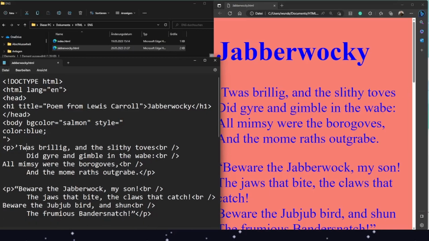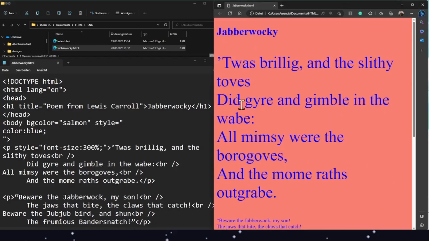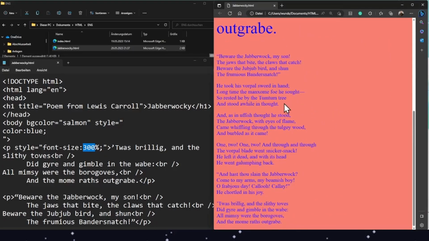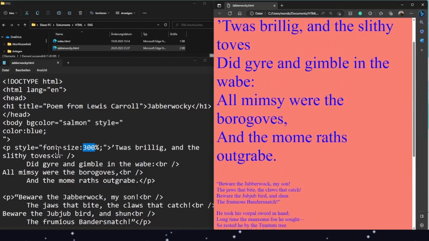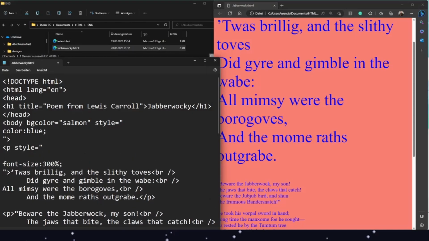We can do the same where we say, for instance, the first paragraph, p style equals, and then font-size colon, let's say 300%, and semicolon. As you can see, now the first paragraph only has the size of 300%, and everything before and behind only has the same values as beforehand. We also can change the color here. I formatted it a little bit so it looks a little bit better. Font-size, and let's say big